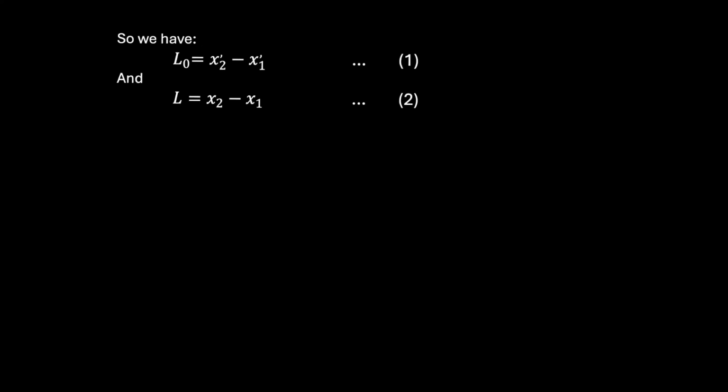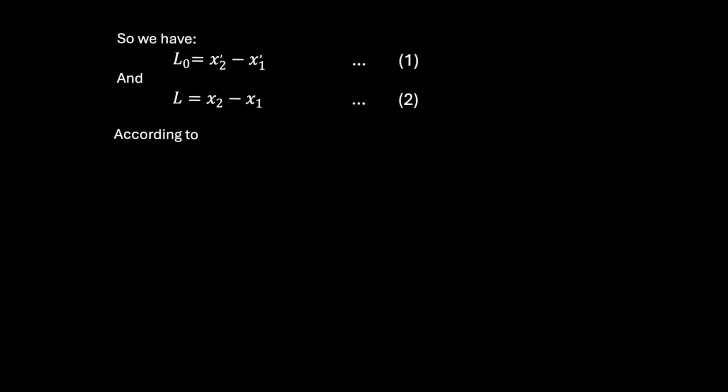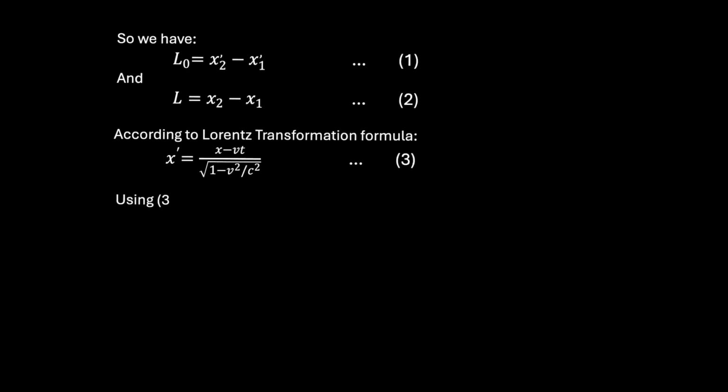Now we will apply Lorentz transformation. We recommend you to also watch video lectures of E2E classes on Lorentz transformation. According to the Lorentz transformation formula, x prime equals the fraction of x minus vt over the square root of 1 minus v squared over c squared. Using equation 3 in equation 1, we get